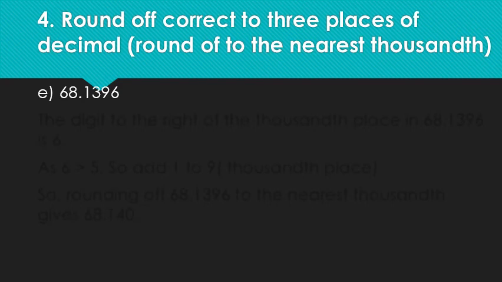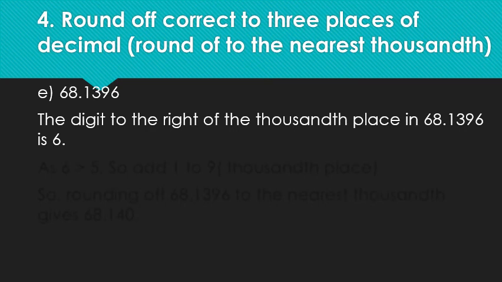68.1396. And how are we going to round off this number to the third place of decimal? Well, first of all, we will see what is the number at the third place of decimal, and the third place of decimal is the thousandth place. So the digit at the thousandth place is 9. Now, the digit to the right of the thousandth place in